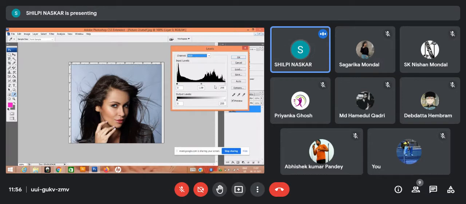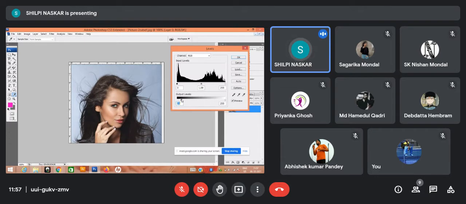So this is basically the histogram. Histogram is the number of pixels in each brightness level. For an 8-bit system there are 256 levels, from 0 to 255. For each level, the number of pixels in that brightness level will be shown in the histogram. Here this is the input level, and this is the output level.